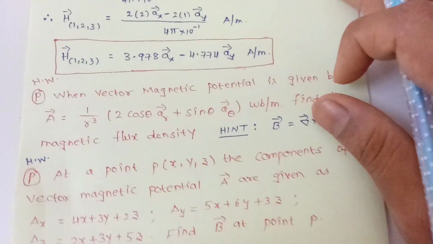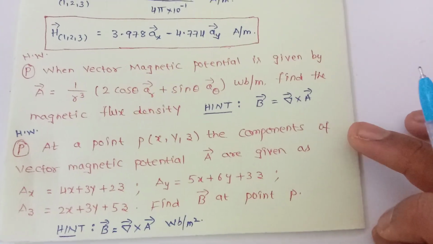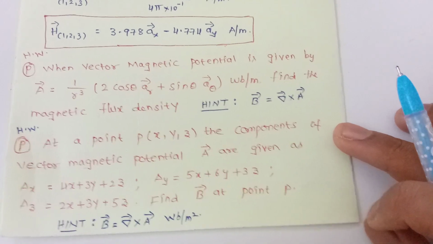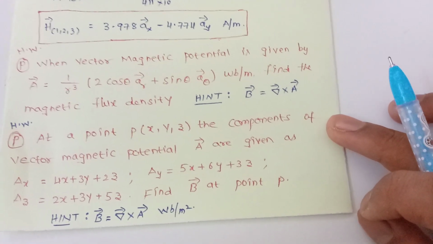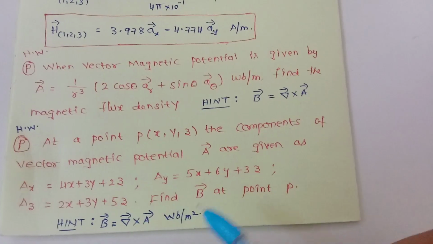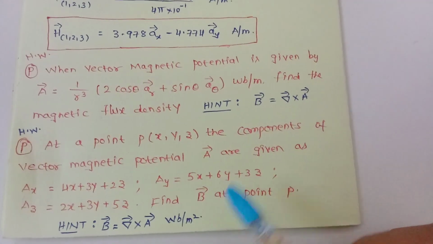After evaluating this, we have the H bar. Okay, do this by your own, students. This is the homework. The two problems, I have given the hint, but I didn't give any answers. You have to do these two by your own. See here, don't be confused in this problem. They have directly given the component in the cross product. Don't be confused. Is it clear, all of you?